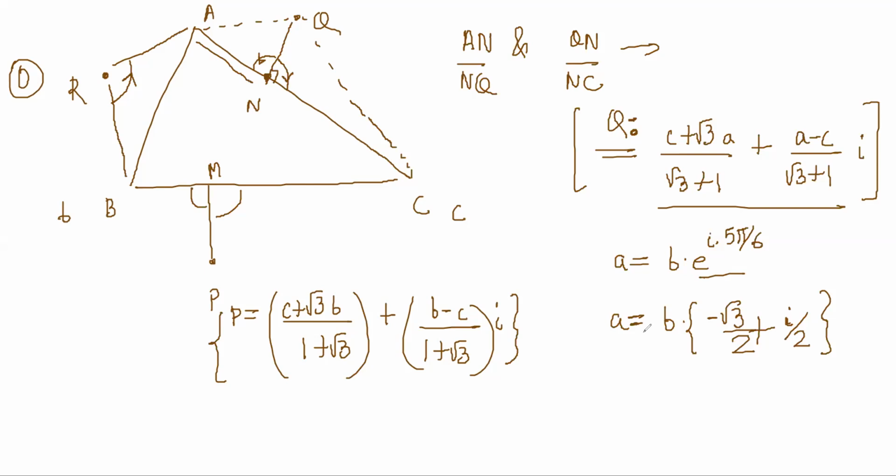Now what you needed to prove was that the measure of angle QRP is 90 degrees, right? So basically you have to show that QR is perpendicular to PR, right? This angle was 90, you have to show, right? So if R is your origin, then showing that is very easy, no? You have to just show that QR is equal to i times PR, right? Because then PR you have to rotate by 90 degrees, no?